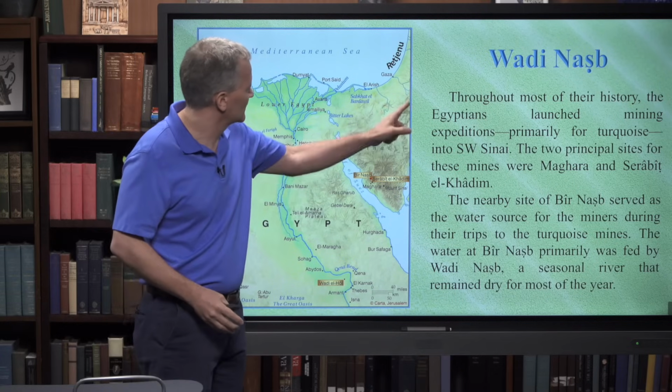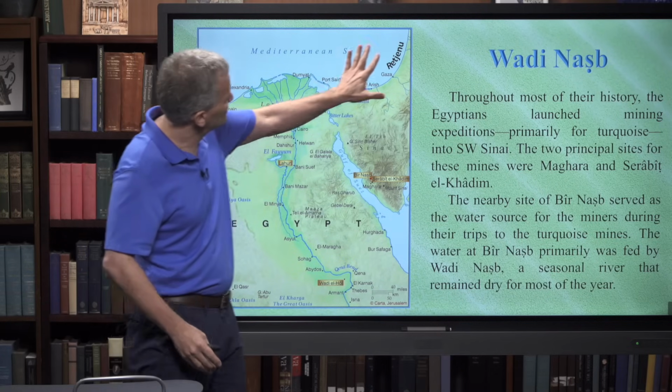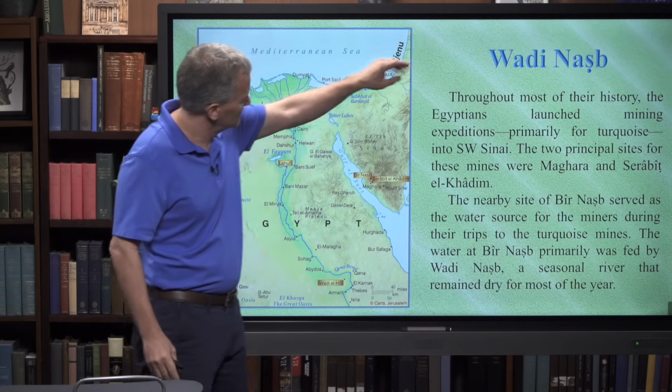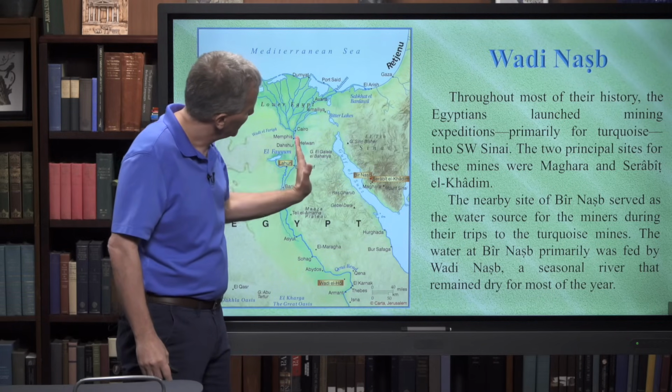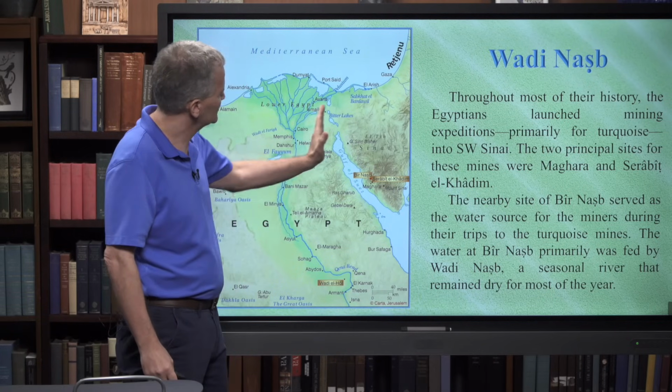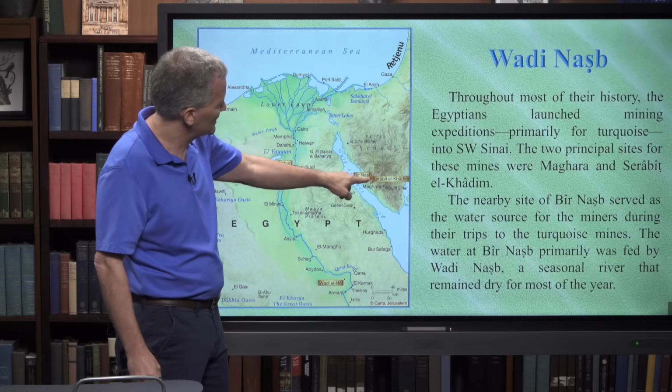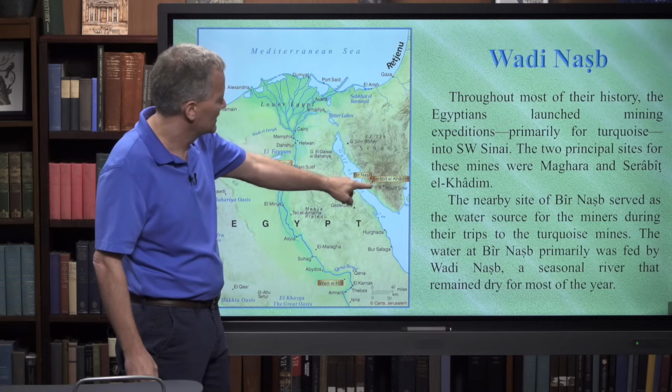So here we have the Sinai Peninsula. This is Egypt in here. And of course, the land of the Israelites eventually is here, and that's Canaan, the southern Levant. So this whole area here to the east of the Gulf of Suez and to the east of Egypt, this whole area is Sinai. And within Sinai we have sites such as Bir Nasib and Serabit el-Khadim and Maghara. So Serabit el-Khadim and Maghara, those are two sites where excavations have been done and inscriptions have been found, and it was discovered that there were turquoise mines there,